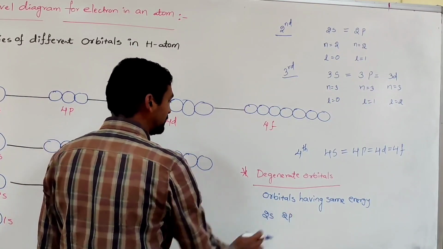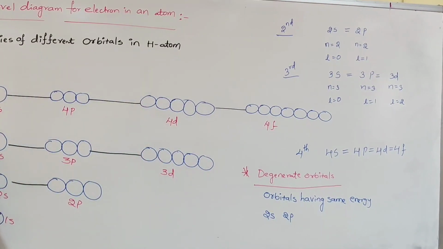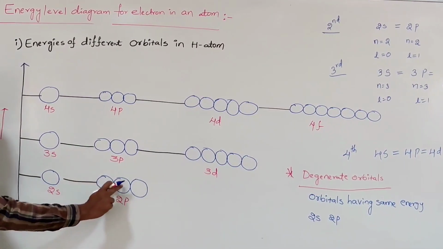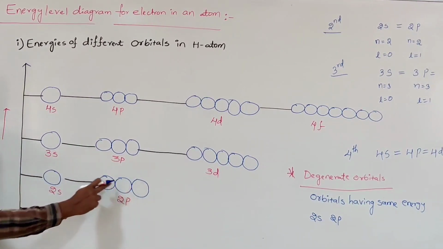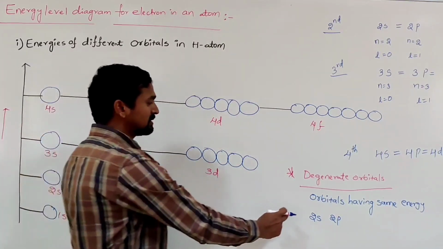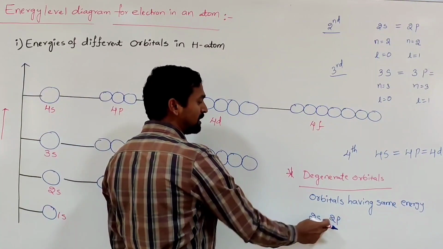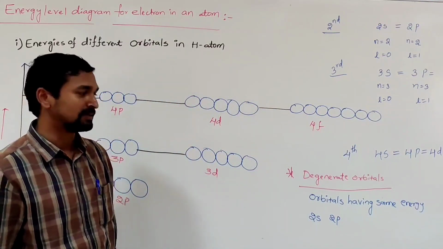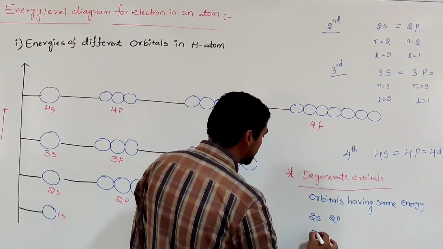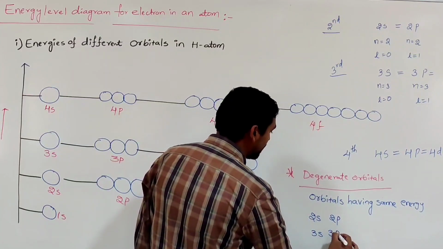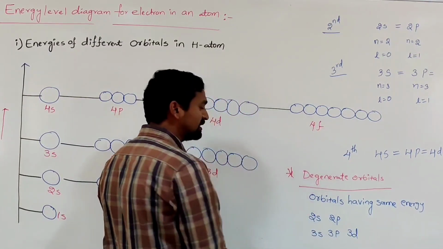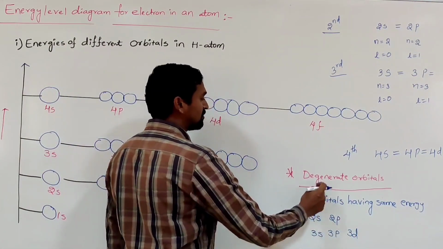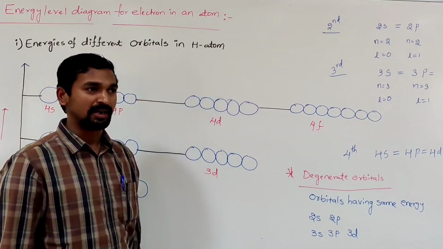Yes, they are said to be degenerate orbitals, because in the energy level diagram, the 2s orbital and the 3 2p orbitals have the same energy. That's why for the 2s and 2p subshells, all the orbitals present are called degenerate orbitals. Similarly, in the case of hydrogen atom, 3s, 3p and 3d: in all three subshells, all the orbitals present are also called degenerate orbitals.